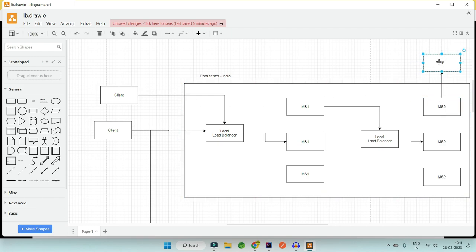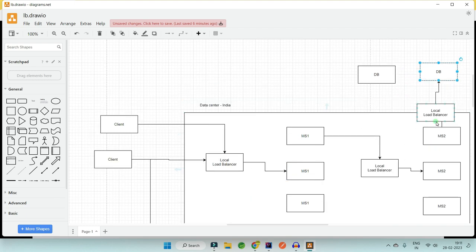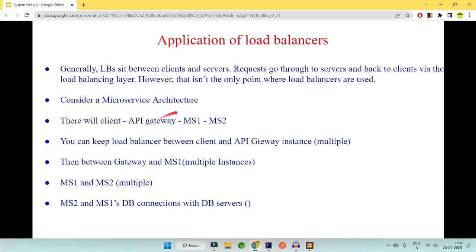You have multiple DB instances because the users are increasing. In that case, to decide which particular database server your request has to go to, again the load balancer comes into the picture. So there can be a load balancer here also. You can see there are multiple places where a local load balancer can come into the picture. So considering a microservice architecture, if there is a client, API gateway, microservice 1, microservice 2 and database connection, then